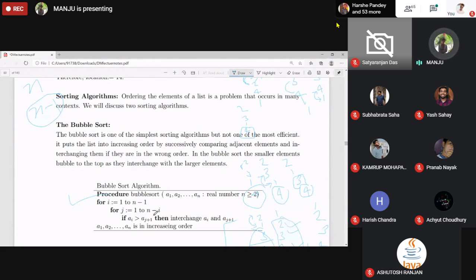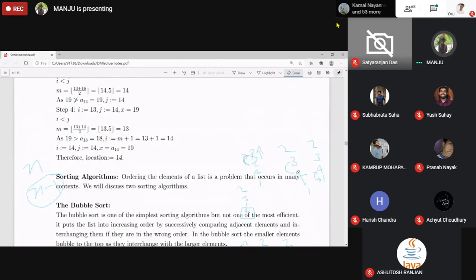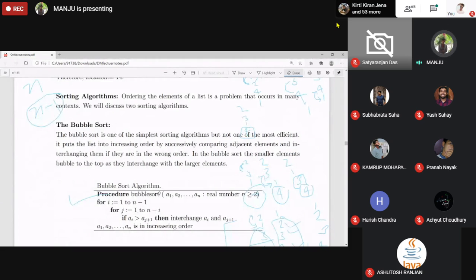That is, if we are comparing these two and the second element is smaller than this one, then it pops up. That's what I did. So in the exam, you can write like this as well, or if you want, you can write using the syntax.